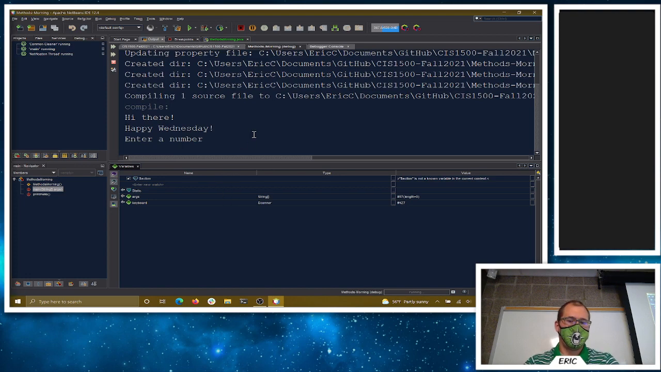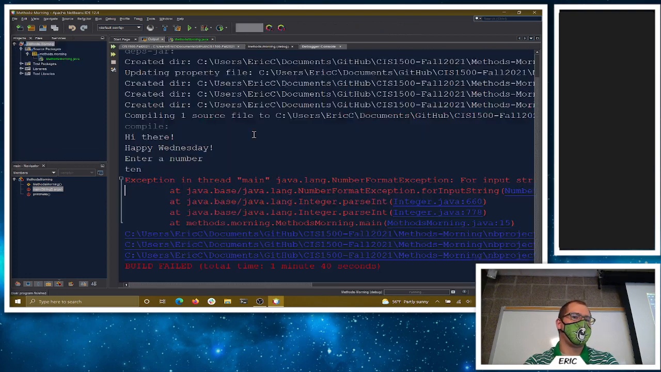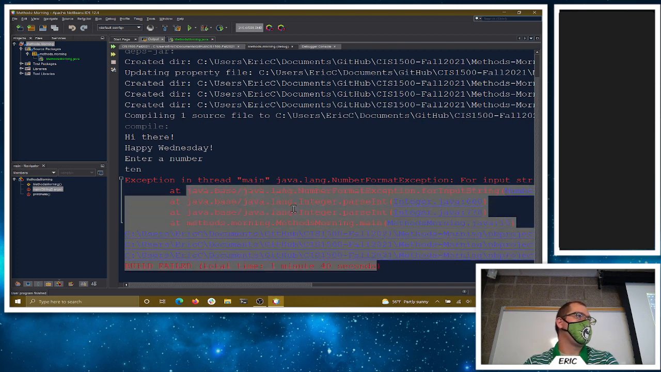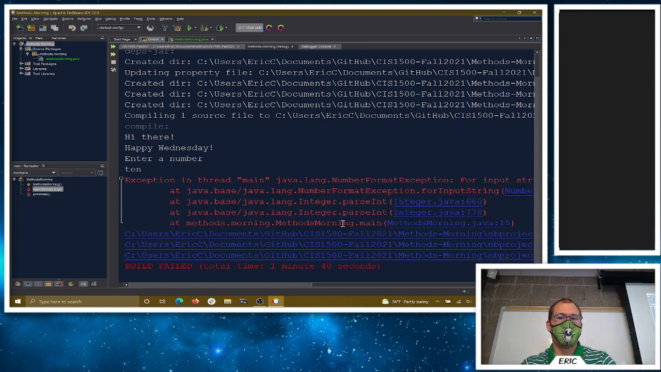So I'm going to go over here, I'm going to type 10, and I want to make it crash on purpose. What you get here is called a stack trace. What we were seeing here, this stack, it was, here's the method, here's the line we're currently at. We were at our main line 15. From there, it went to